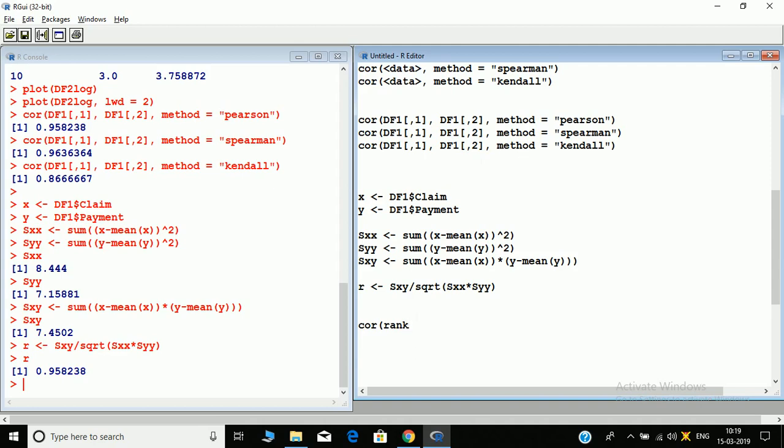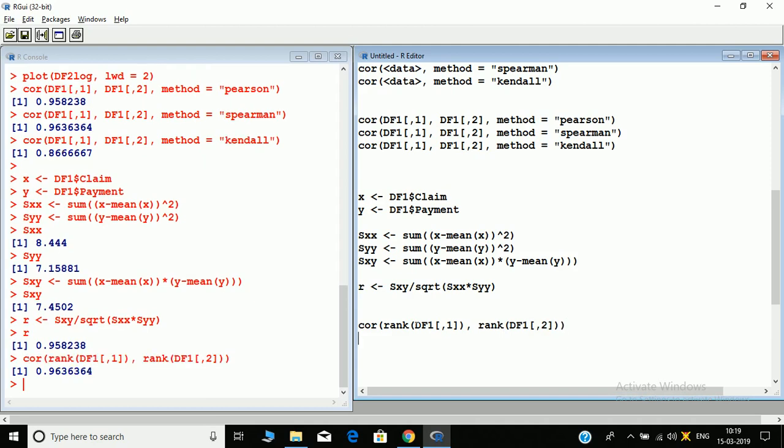The alternative method is cor of rank of df1[,1], rank of df1[,2], and method equals to our default, Pearson. So see, if you do this, we are getting the same as the Spearman correlation coefficient. Alternatively you could find it like this also.